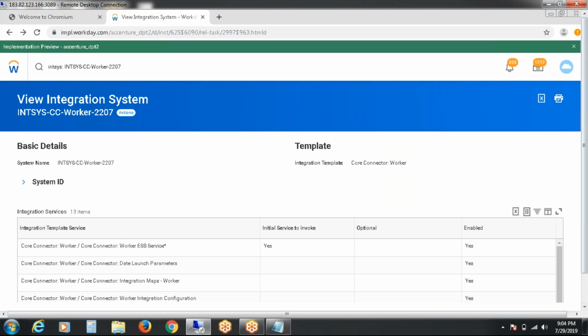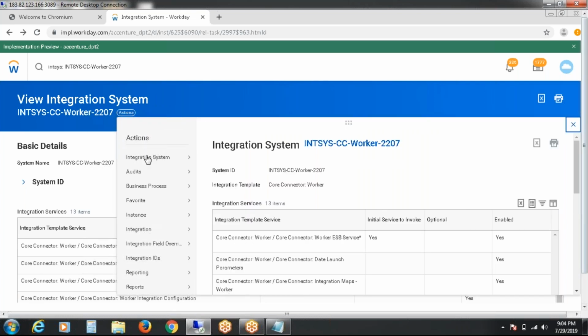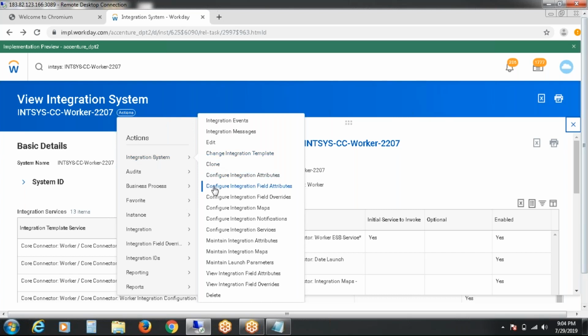Go to related actions. Go to integration system, and the topic is nothing but called field overrides. So this is the third step.